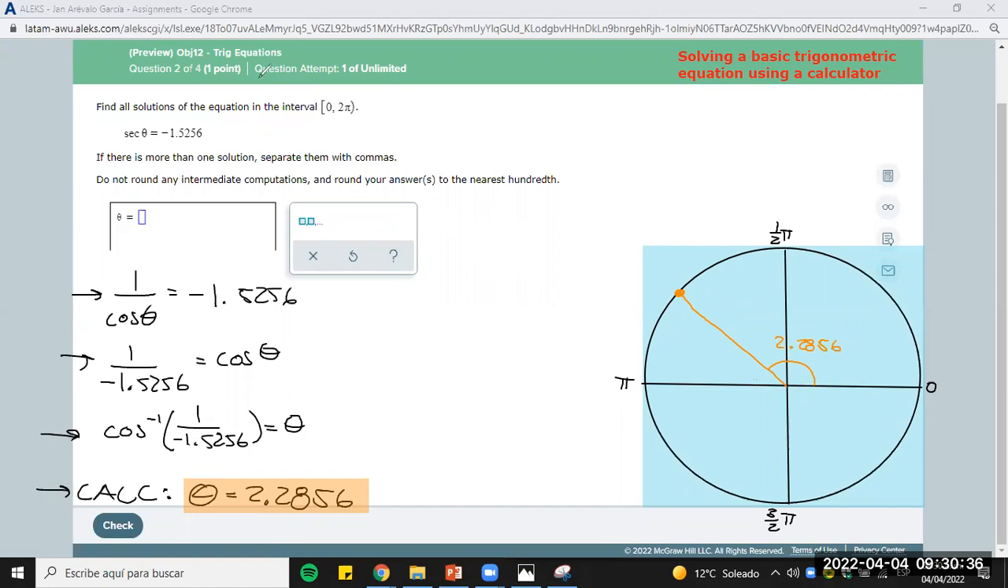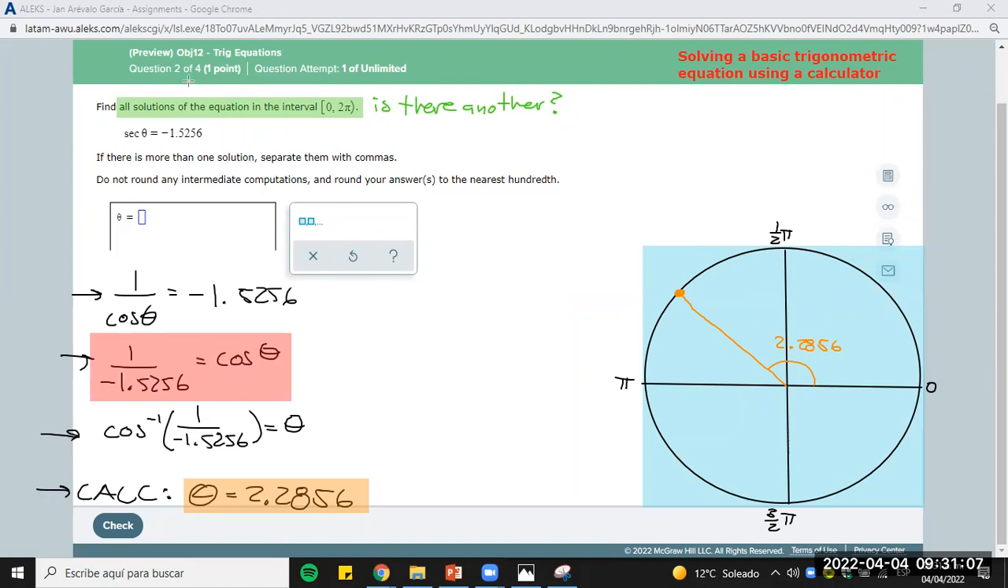Now, let's go back to the beginning because they want us to find all the solutions in the interval from 0 to 2 pi. So the question is, is there another solution? And to answer that question, let us take this information: the cosine of the angle that we're looking for